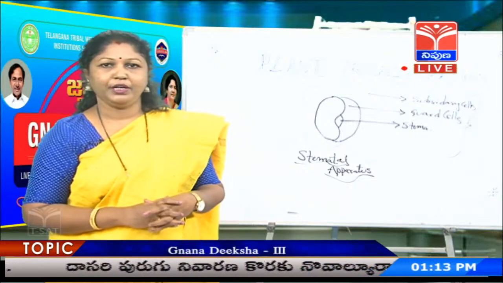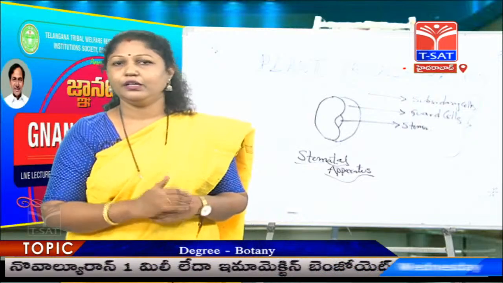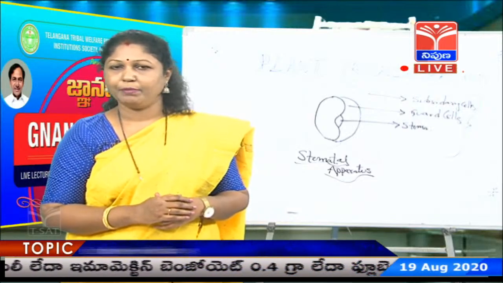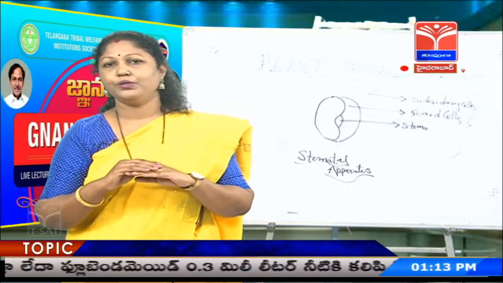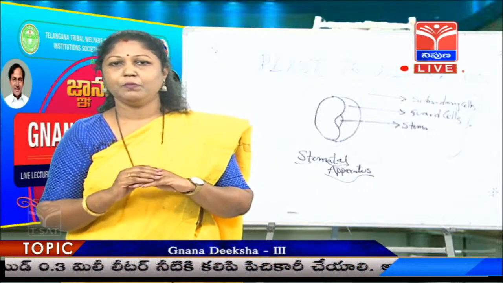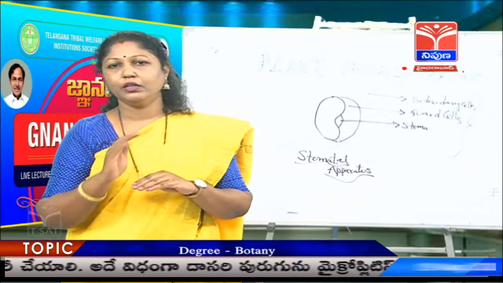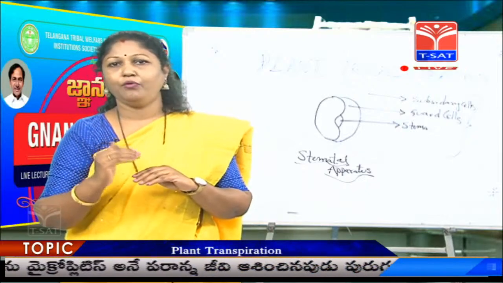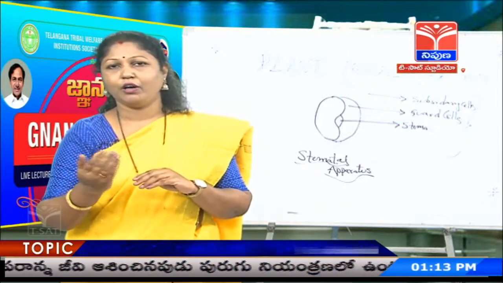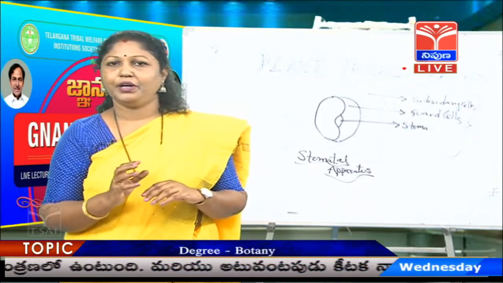Now, coming to the wind, a gentle breeze will lead to an increase in the rate of transpiration. Why? Because at the surface of the leaf we have what is known as the boundary layer. Now, what is this boundary layer? It is a moist, wet area over the surface of the leaf which facilitates escape of water in the form of water vapor outside the leaf. This boundary layer is a very delicate layer.